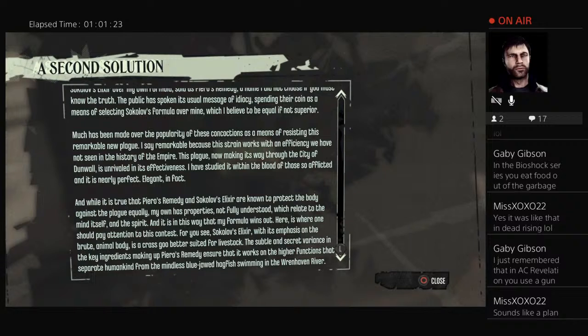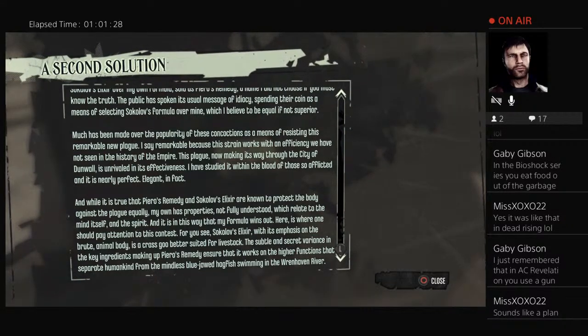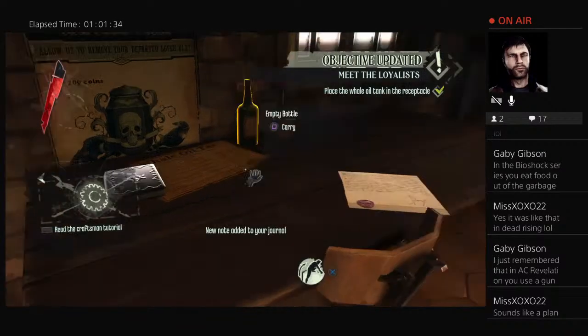The subtle and secret variants in the key ingredients making up Piero's remedy ensure that it works on the higher functions that separate humankind from the mindless blue-jawed hagfish swimming in the Redhaven River. Well,